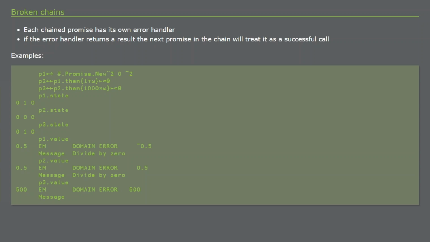And the reason for that is that the third promise, when inspecting which function to call, if it's the error handler or the next function, looks up the chain and says, well, P2 handled the error, it reported that everything was okay, therefore it was okay, and I'll call my function. So it tries to multiply the error message object with 1,000, which doesn't work. And that's arguably the right behavior,